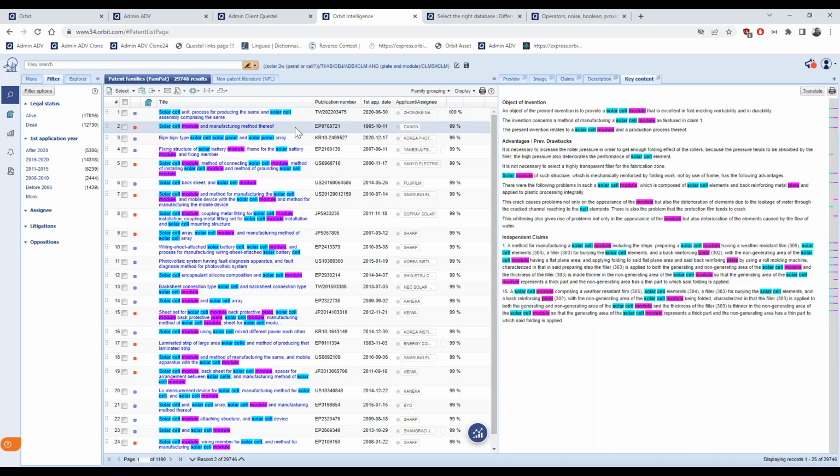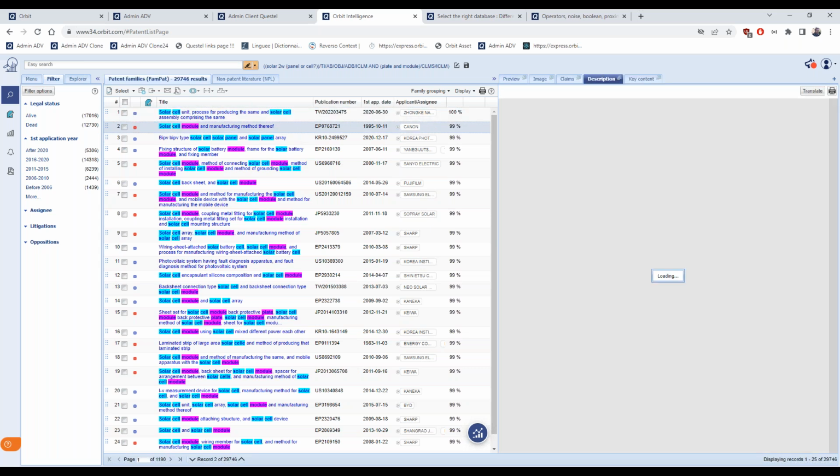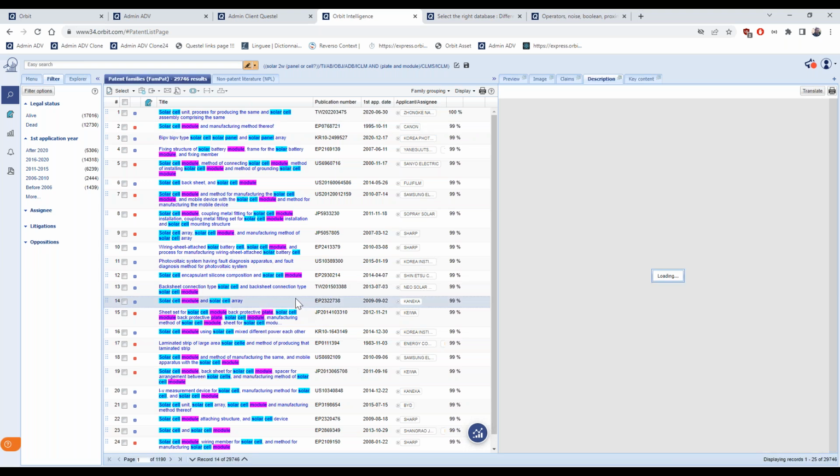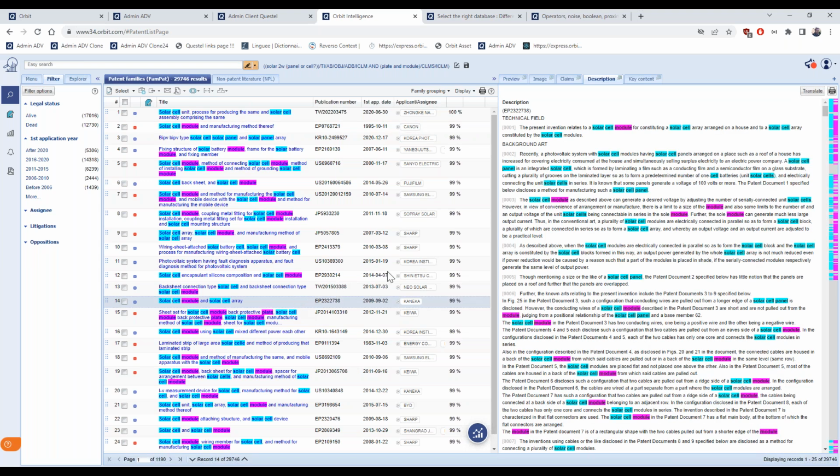Let's find an example with more text so that I can show you. In any case, every time the highlighting is activated, you will find an additional column on the right that helps you find the word.